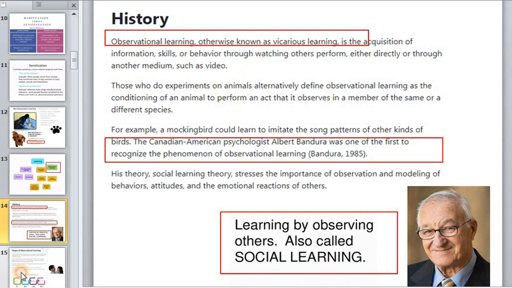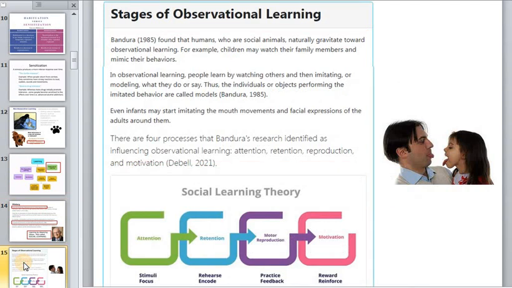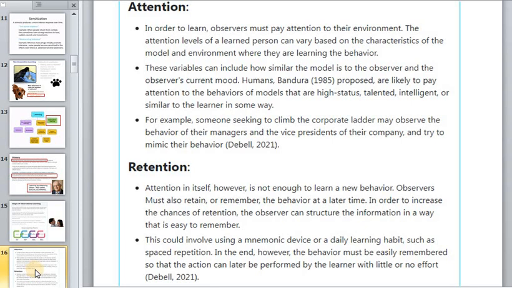vicarious learning. And what we have about it is just part of his theory: the four processes in Bandura's research that influence observational learning. They are attention, retention, reproduction, and motivation, of course. And this slide just tells about all these terms. Attention. In order to learn,